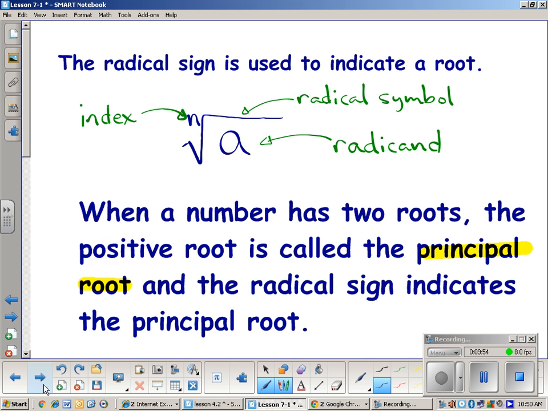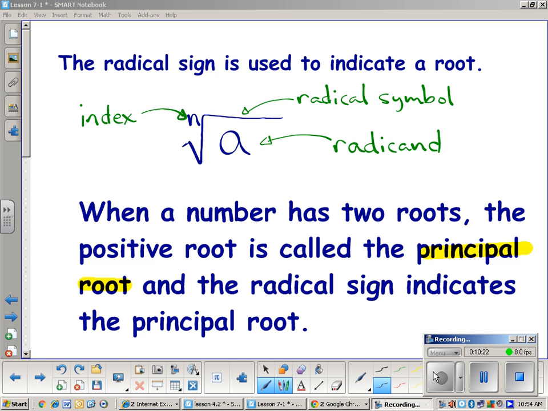Okay, radical sign is used to indicate a root. The index is the number up here where the n is at. The radical symbol is that square root looking symbol that we normally talk about. And underneath the radical symbol is what we call the radicand. Okay, well, let's copy that